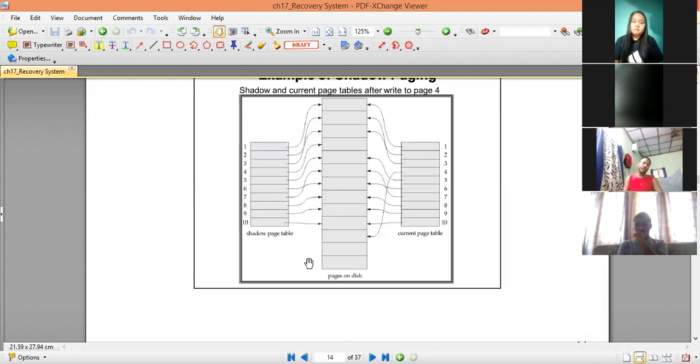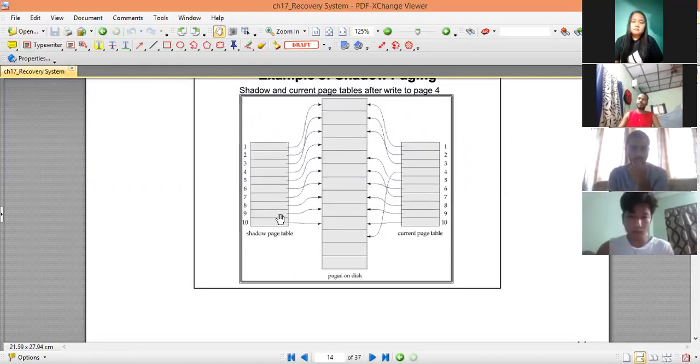Okay. So in case of failure, the database will only consider the shadow page table to restore itself to its previous consistent state. Therefore, as you can see, no redoing or undoing operation is required, because the current page table only holds the current execution, and that is being reflected to the disk, and that is being copied to the shadow page table. Means the shadow page table is being flushed often. Once the transaction is over, that is reflected to the disk, and from there the shadow page table is also updated.